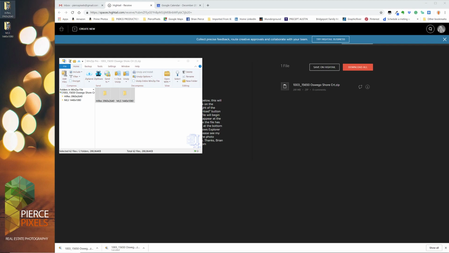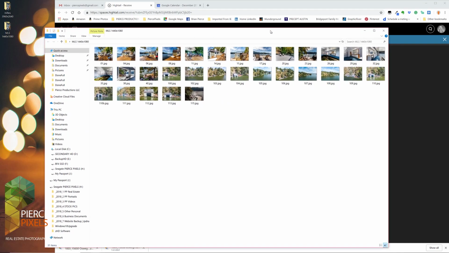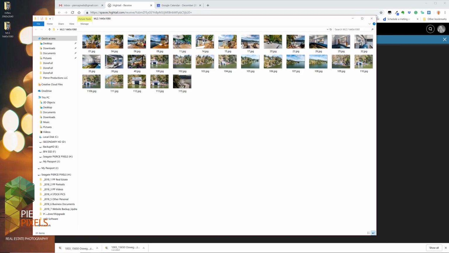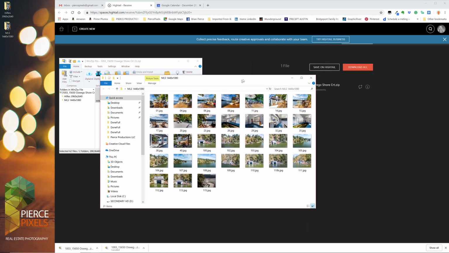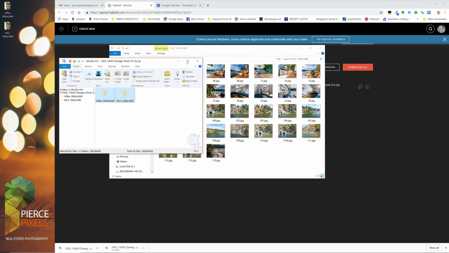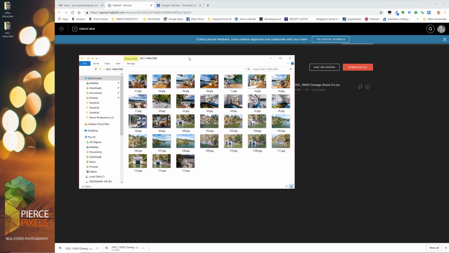So from here, you might not want to keep them on your desktop. You might want to put your photos individually somewhere. So go ahead and double click that. I'm just going to use the MLS example for this one, and I'm just going to size this down a little bit, grab that and just scale it down some. And I'm going to get rid of WinZip now. And here you can see that I provided these photos for this client in the MLS size, and they each kind of turn light blue as I hover over them, and if I click on one, it turns dark blue